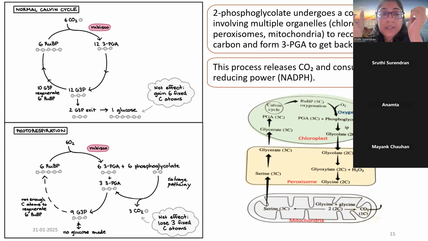And as a result, PGA is formed, but another molecule called phosphoglycolate is also formed, which cannot take part in this Calvin cycle. So it goes through another set of reactions, happening not only in the chloroplast, but also in the peroxisome and mitochondria, to convert this phosphoglycolate into PGA so that it can again be a part of the cycle. But unfortunately, during this series of reactions in the chloroplast, the peroxisome and the mitochondria,